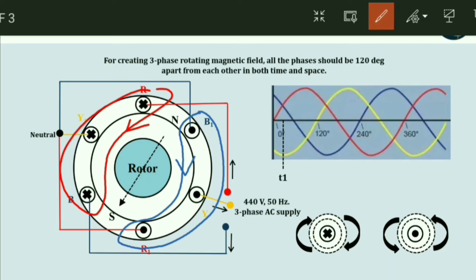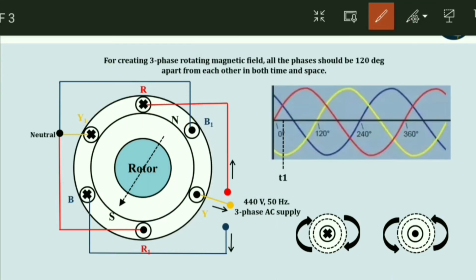Now the magnetic field is going from this side to that side. As we know, in the case of a magnet, the magnetic field comes out from the north pole and enters the south pole, and inside the magnet it flows from the south pole to the north pole. Now the entire stator has become a magnet. So it is coming out from here, again it is entering from here, and it is going from south pole to north pole through the inside part of the magnet.